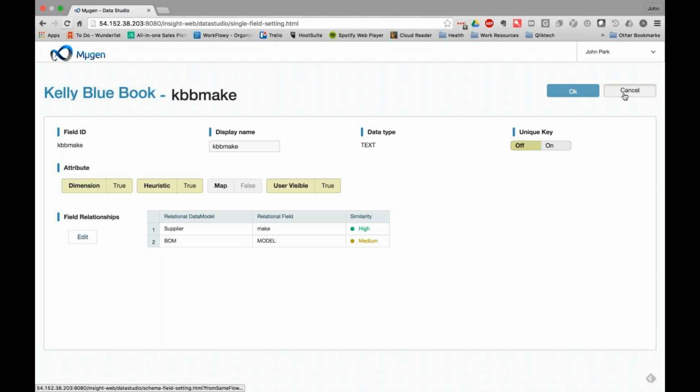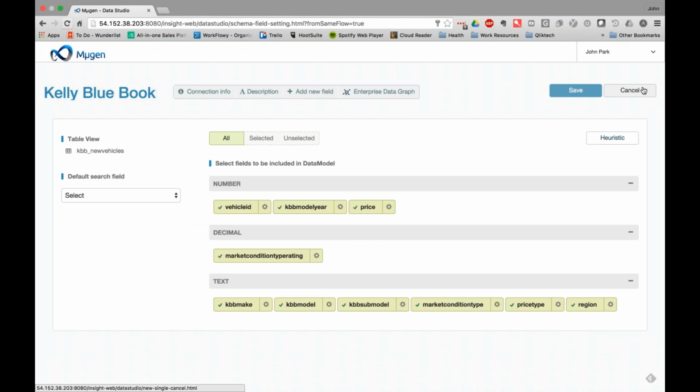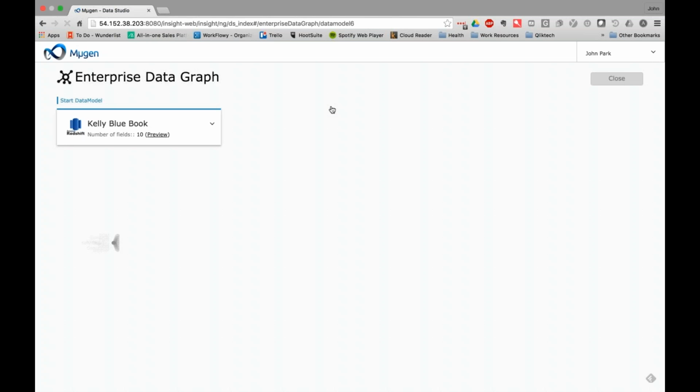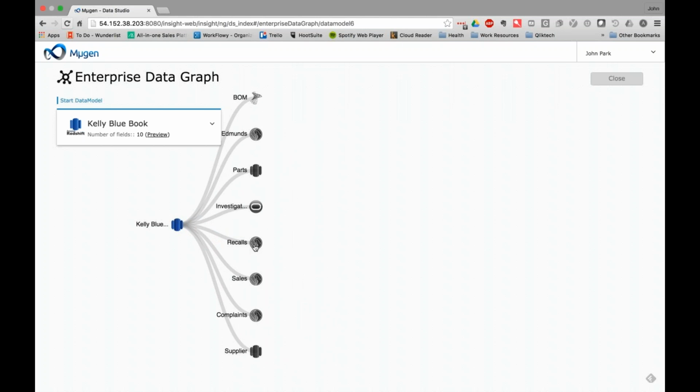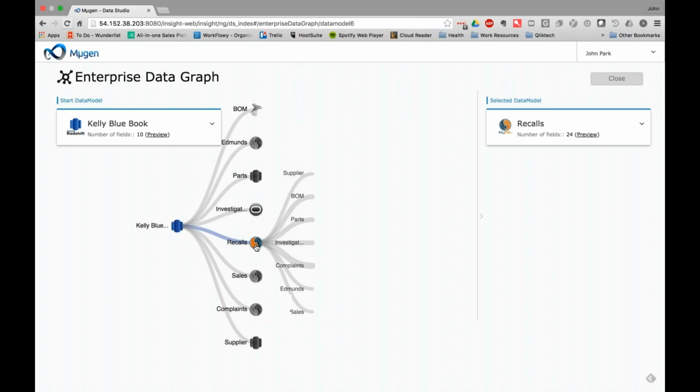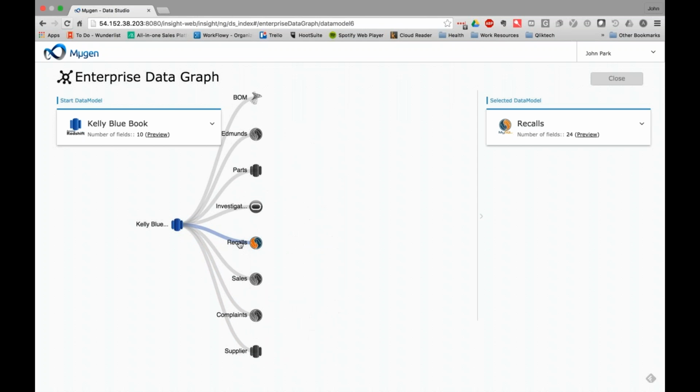I want to show you an enterprise data graph for Kelley Blue Book before we go on. In Kelley Blue Book, we talked about recalls and sales, so let's look here. This is a graphic of how our enterprise graph database is shown, and it's shown in a tree format because this is the best way to view it. So you start at Kelley Blue Book and you click on recalls, and when you click on the